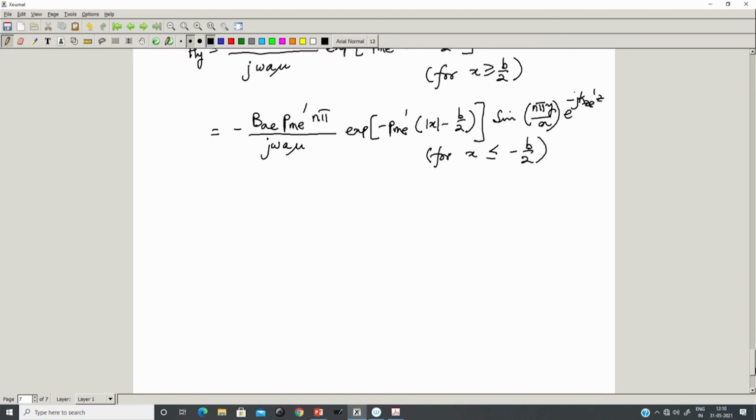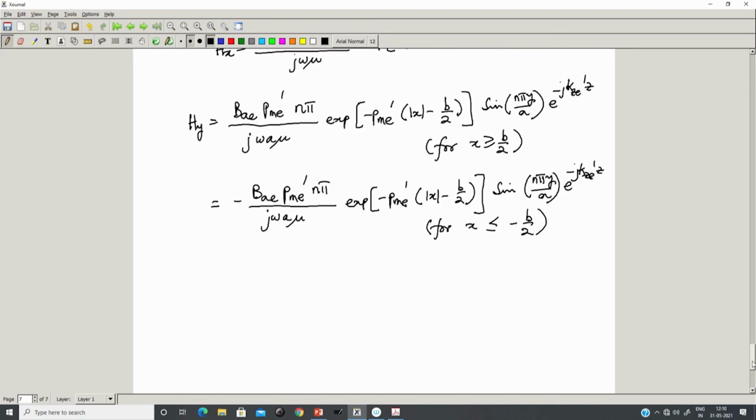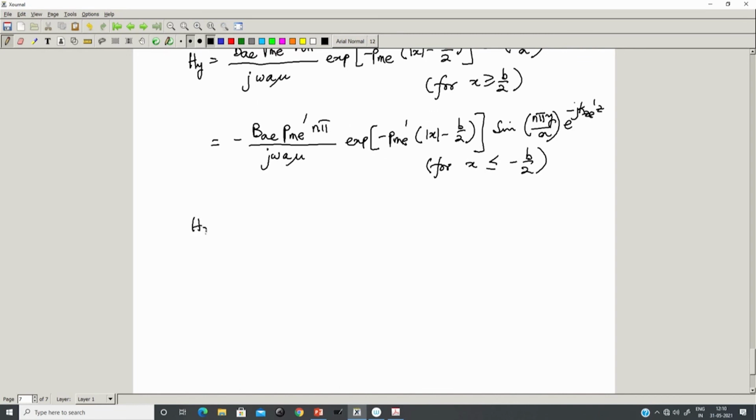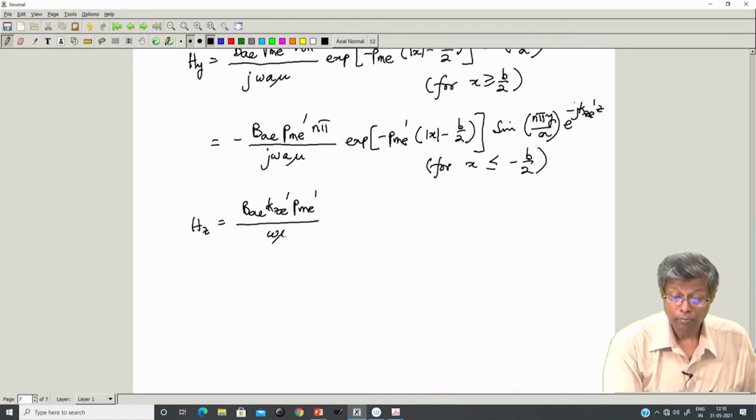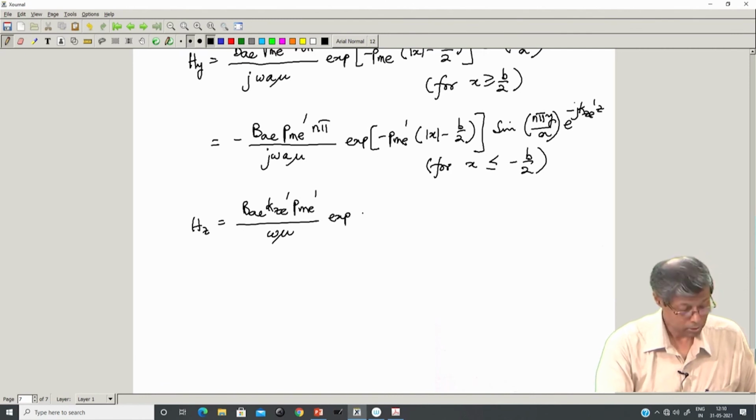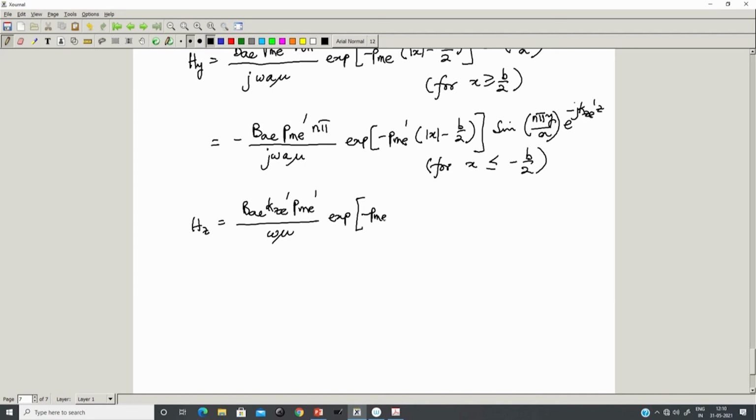And H z is given by B A E k z e prime p m e prime by omega mu exponential minus p m e prime mod x minus b by 2 cos n pi y by a e power minus j k z e prime z,